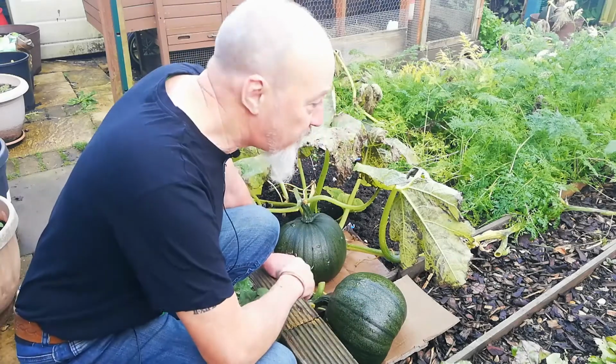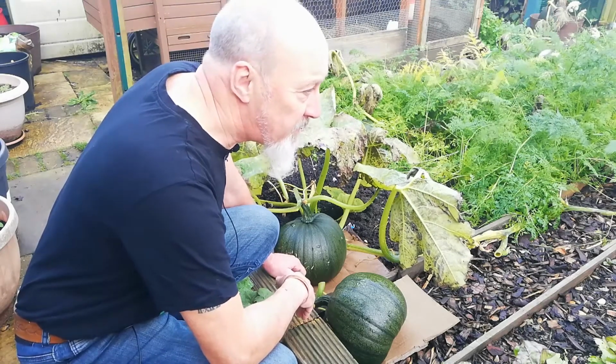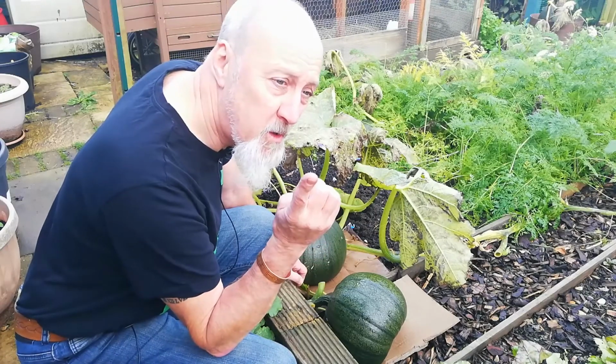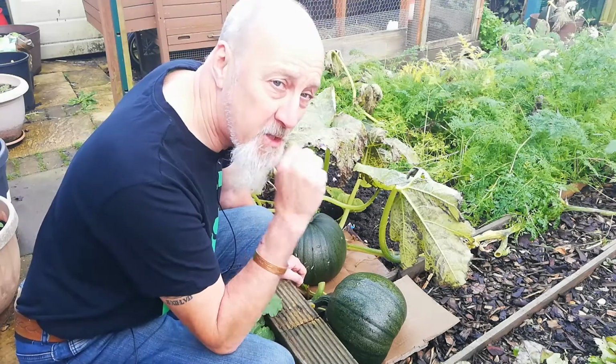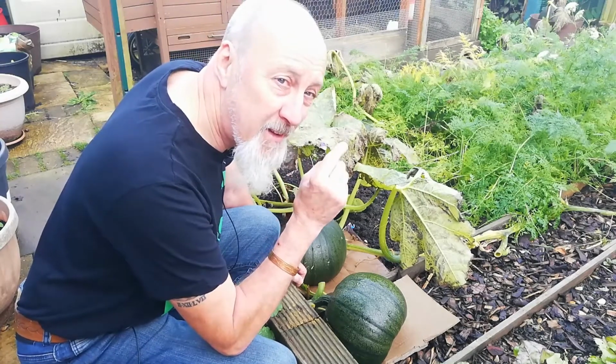We've still got a few tubs of potatoes left, so we'll be emptying those out very soon. But the Desirées have come out really well this year. I think I did a potato reveal earlier on this season, didn't I? I might do another one. I haven't, at this point in time, emptied that shopping bag. So if I empty that out, we'll have a look and see what sort of yield we get from that,